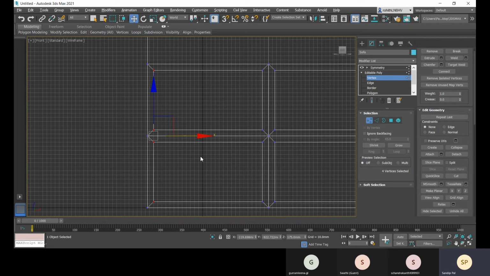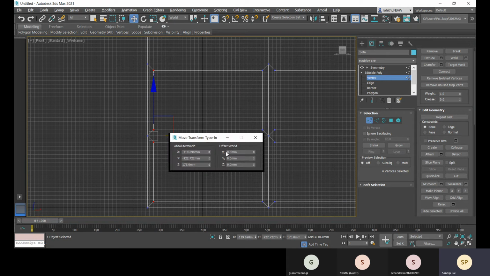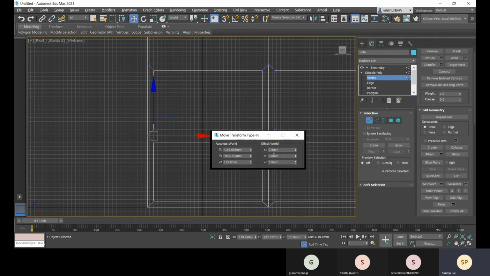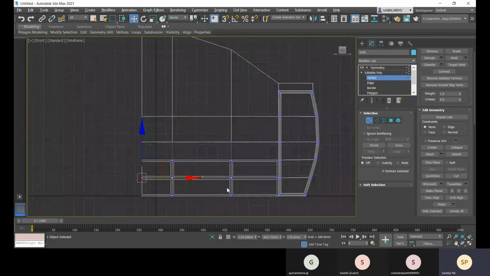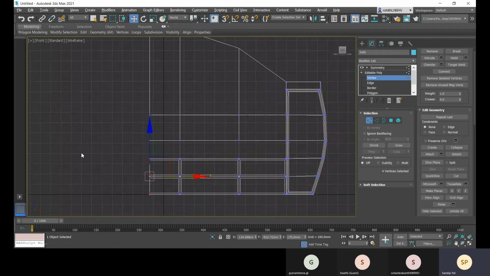So let me just undo it, and let's go for F12, and there you can write down minus 15, enter, and that is matched. Done. Okay, and you can add some more things.